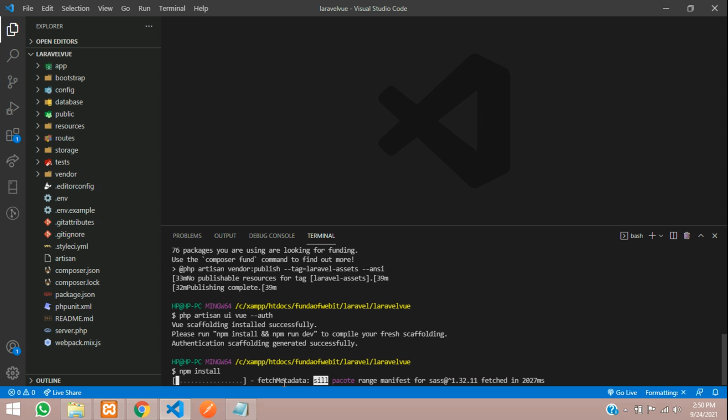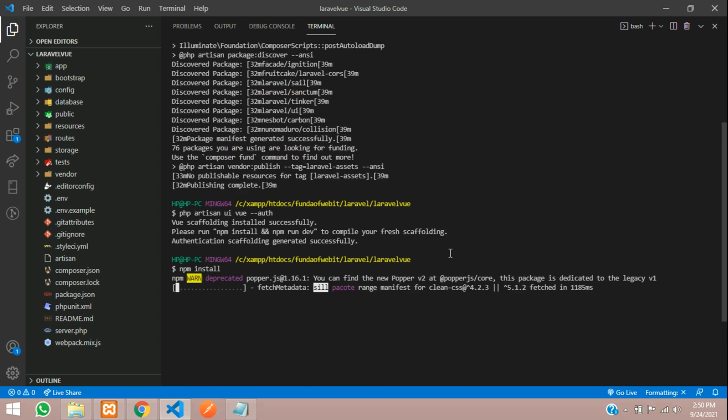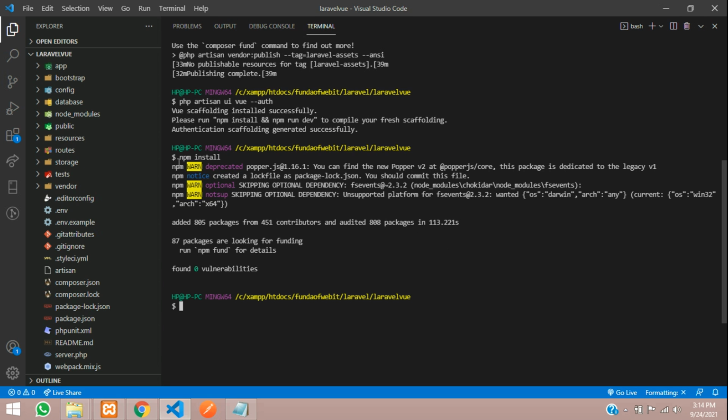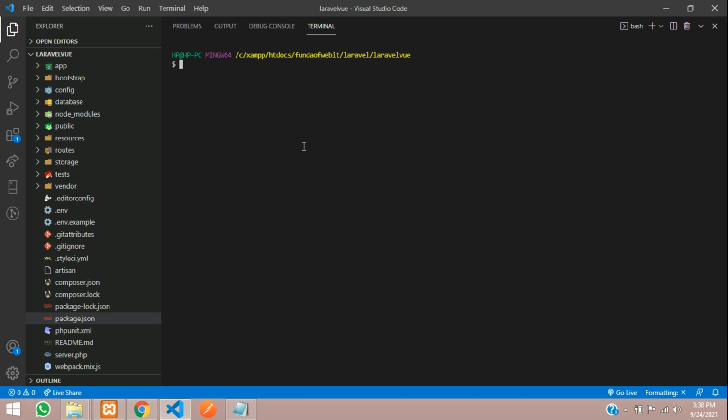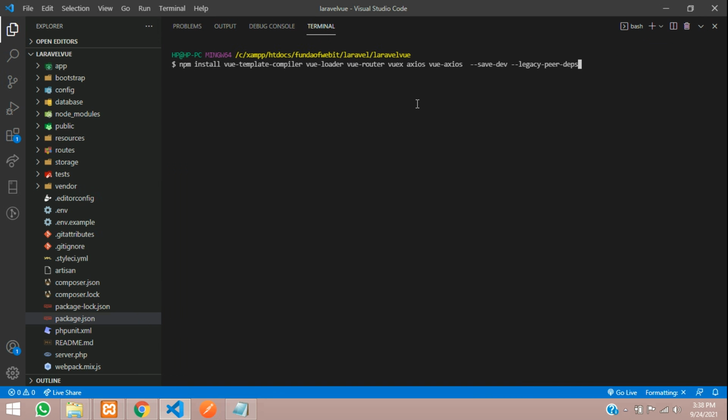Let's wait for this to get installed. Let me make it full width. Okay, npm installed successfully. After npm is installed, we are going to install all the Vue libraries and packages. For that there is a single command, so let's install at once. You can just copy this, paste it and hit enter.